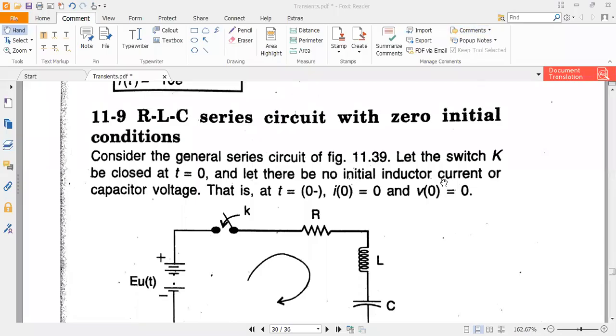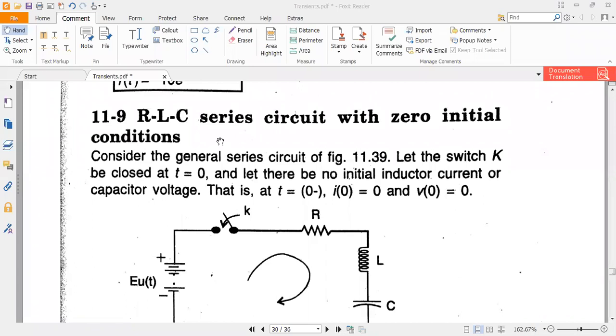Okay. So in the last class, we discussed the transient response of the series RL circuit as well as the series RC circuit. Now in today's class, we are going to discuss the series RLC circuit, the transient response of the series RLC circuit,